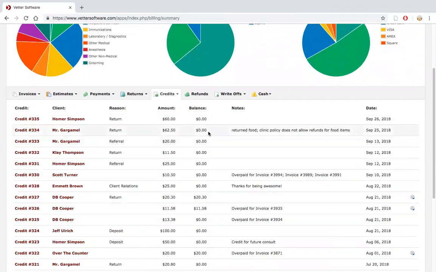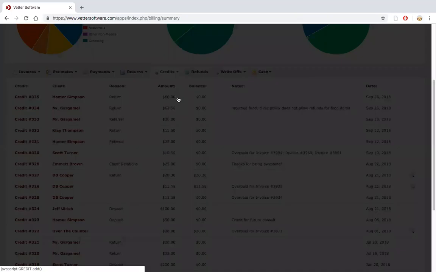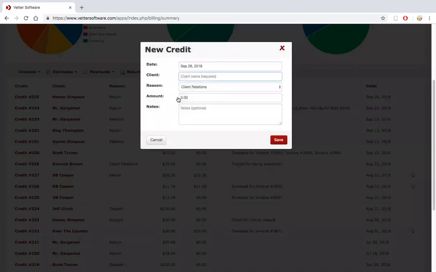Okay. And one thing while we're in credits, good thing to take note of, credits can be generated right via return, or they can be generated for other reasons. Maybe there was a bad customer experience and you want to give them a credit for